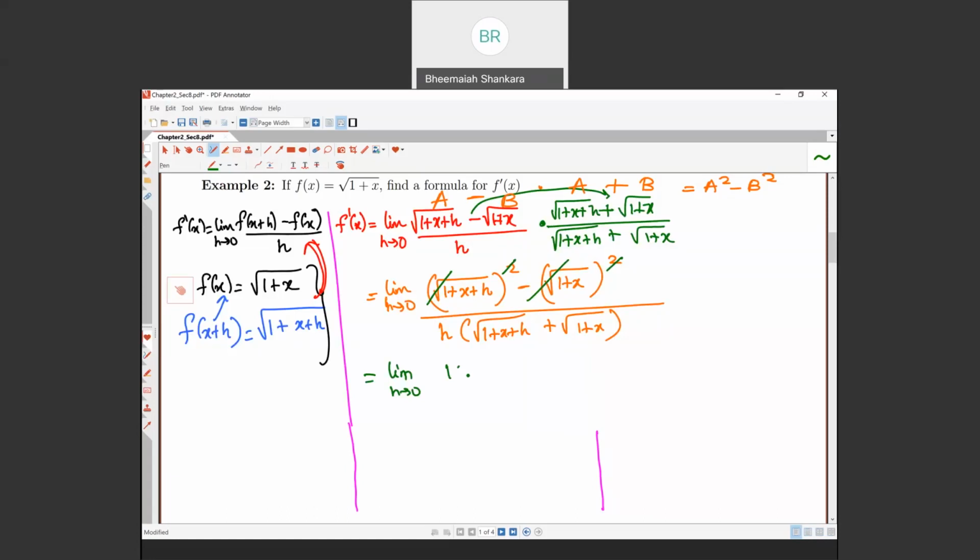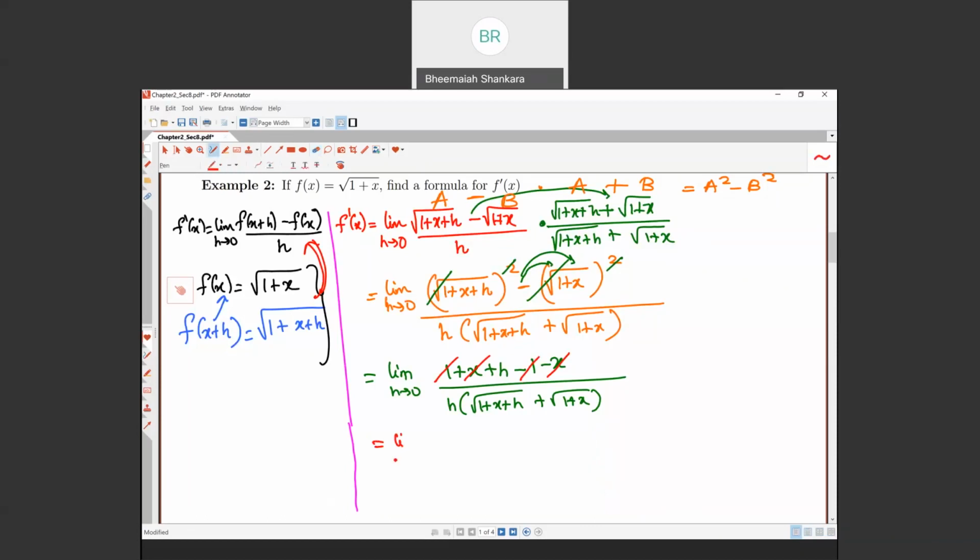You have 1 plus x plus h from the first term, and you have a negative which is common to both the terms, so you want to multiply the negative. So it's negative 1, negative x. And then you have h times the sum of the square root terms. Now you read the numerator carefully. X negative x cancel, 1 negative 1 cancel. You're good to rewrite the numerator